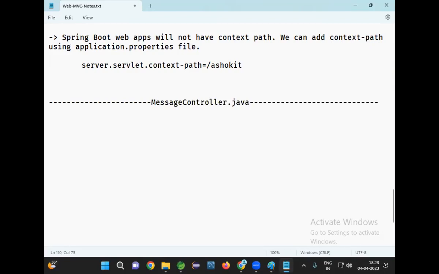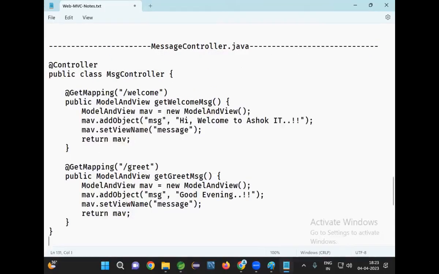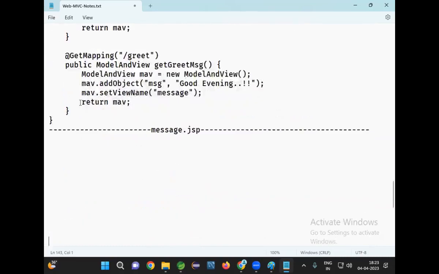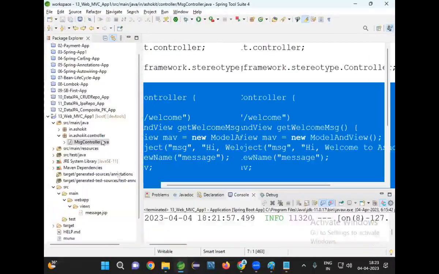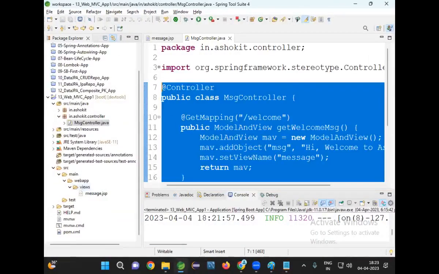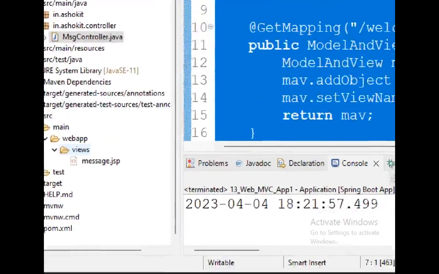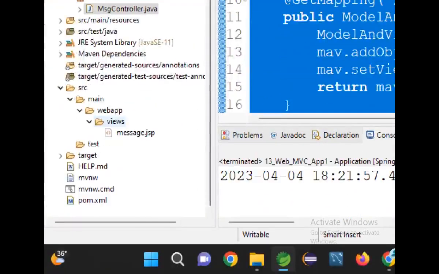MessageController.java. Now here I am having message.jsp. Where I created this message.jsp, guys, the location is very important. Under main, we have a webapp. Under the webapp, I created a views folder. In that views folder, I created my